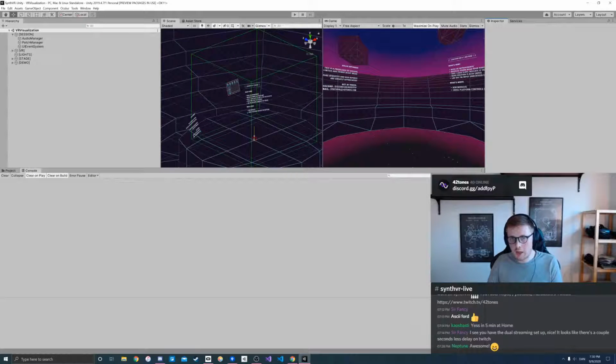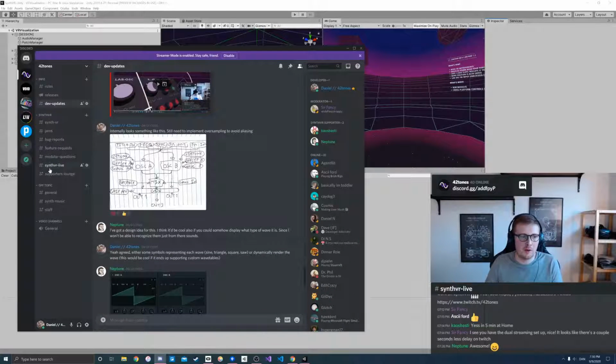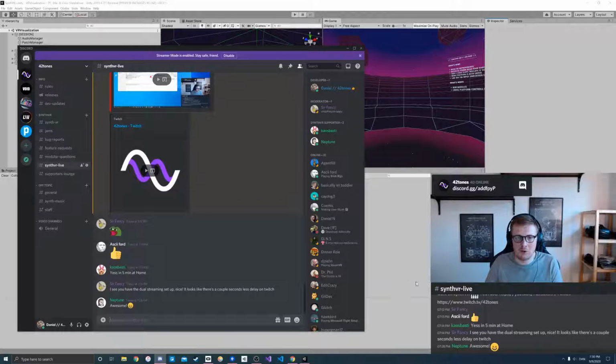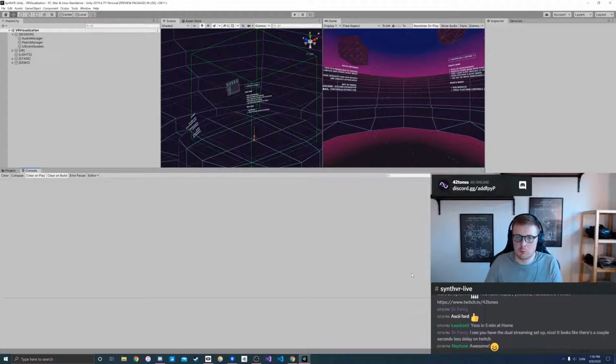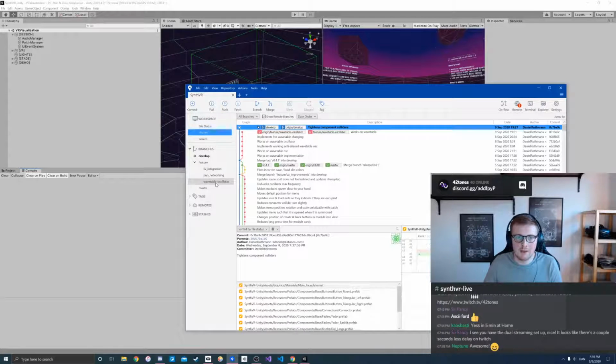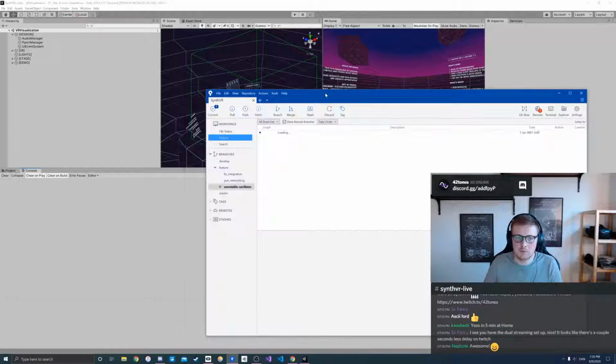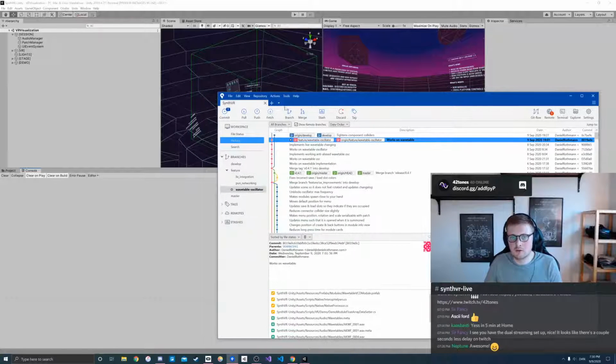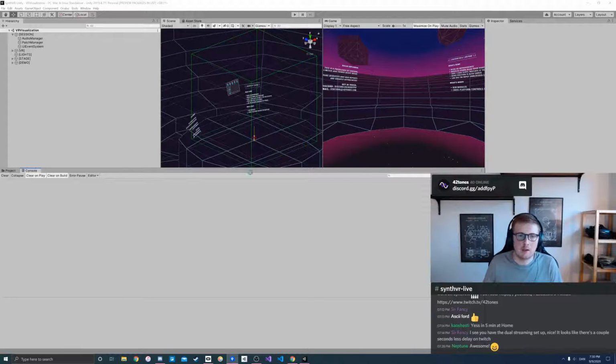We can either work on that or we can work on bugs. I think those are the two options at this point. So guys, let me know if you have any preferences. What would be more interesting to be along for the ride? But just to update you on the wavetable oscillator, the reason I'm showing a video is because it's not quite done right now, or not quite in a state where it's ready to play, and that is because I've